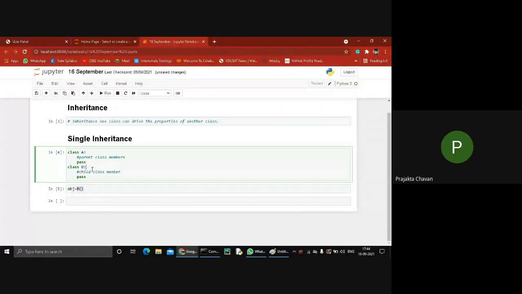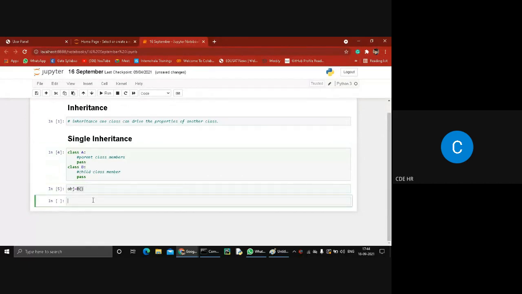Okay. So now I'll give you an example of single inheritance. I'm creating a class Vehicle, and defining a constructor in it, and it contains self, mileage, and also cost.